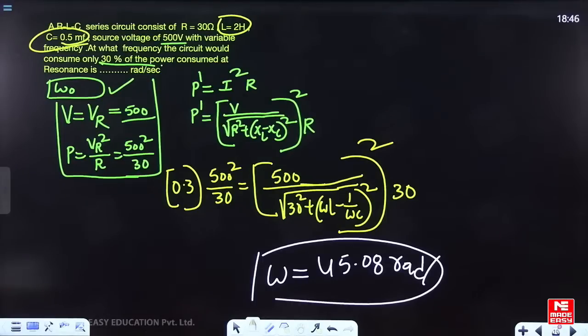Yes Balakrishna, because at resonance condition the current is maximum. Balakrishna,